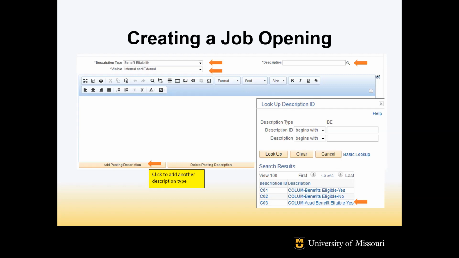When selecting the benefit eligibility drop-down description type, you will also want to click the magnifying glass next to the description box. You will then want to select the Columbia ACAD benefit eligible yes option. Make sure you choose the one that says ACAD in it, because that has language particular to academic postings.